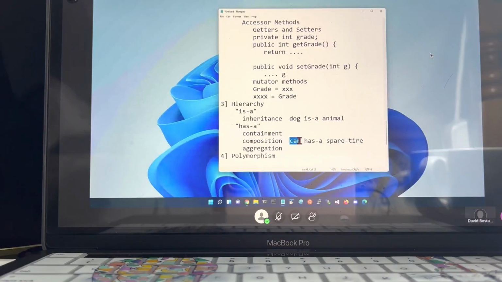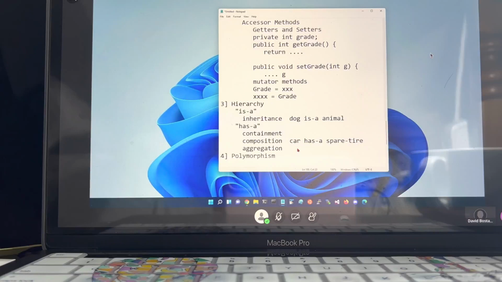Now, yeah, I know we could stick the spare tire somewhere else and use it. And in general, it wouldn't be that debatable of what the object is. But in this case here, we're thinking of the spare tire as going away if the car goes away. So we call it a composition.